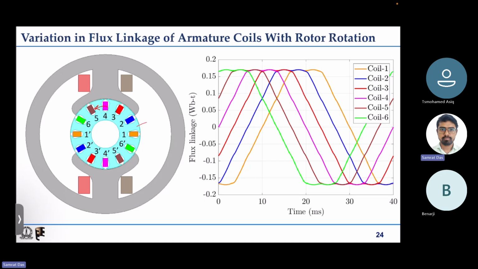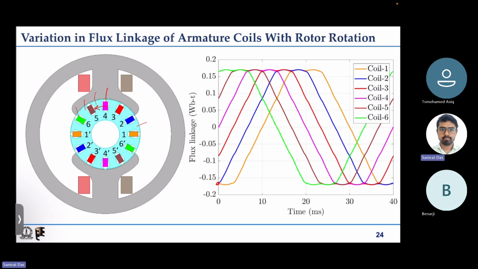So because flux lines are like this, this coil 1 will be having the maximum flux linkage, whether positive or negative. For this case this is negative because of the sense of winding only, and our reference direction for flux. So here it is maximum, and you can see that the rotor is rotating in the anti-clockwise direction, and